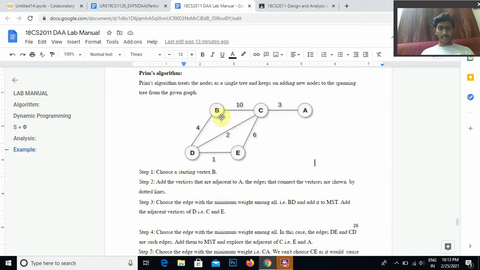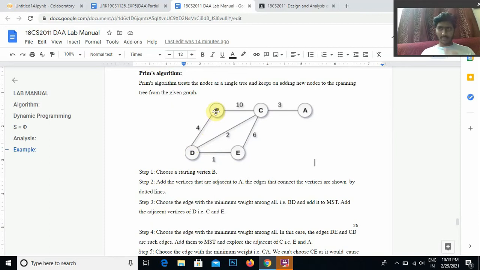Choose a starting vertex. In our case, let us take B here. So from B, take the adjacent vertices. What are the adjacent or connected vertices? You should not take E or A directly, because it will not make a connected graph. So we cannot get a tree. If it is not connected, it is not called a tree, and it should not make loops also. So for that, take a starting vertex. Let me take B as a starting vertex and then check its adjacent vertices only, which are connected to B. In this example, D and C are the connected vertices of B.